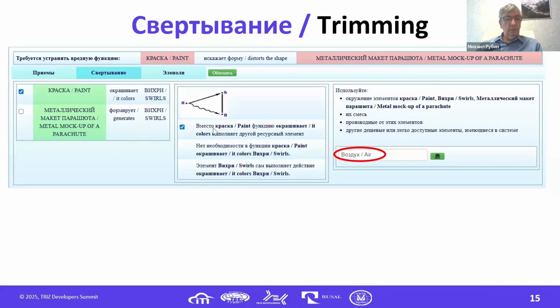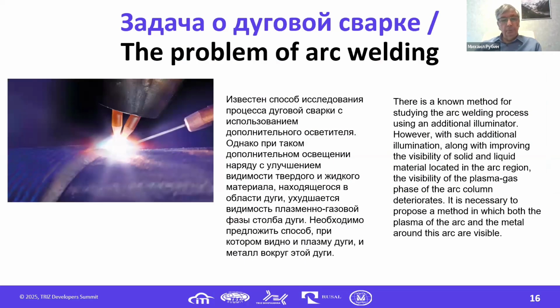Again, we have recommendations on standards, and here we also have these development lines. The first thing here is using emptiness. So we use emptiness instead of an element, which is very similar and looks like a hint when we use those bubbles. When we use trimming, so we reach this level of a hint, and we use some kind of a resource element, for example, air. So I hope that you have understood the general idea for that. There is another example,